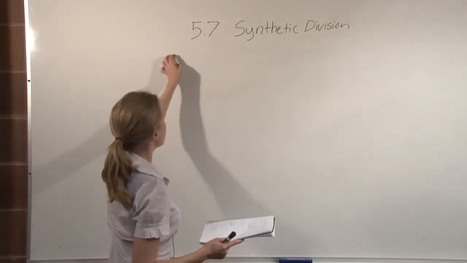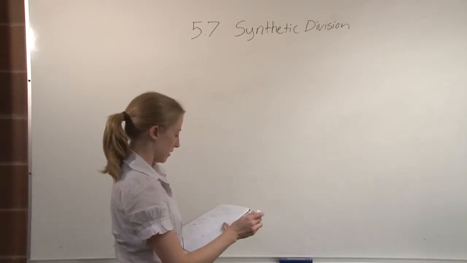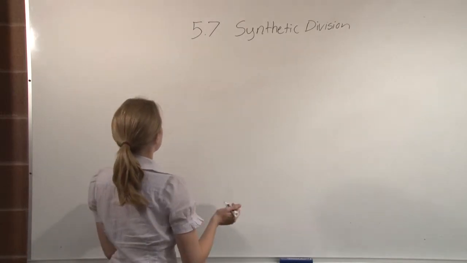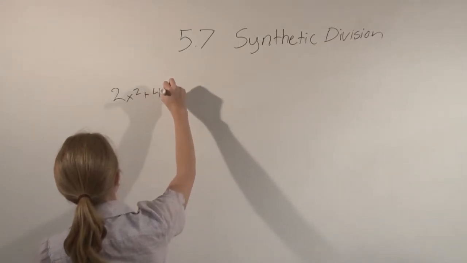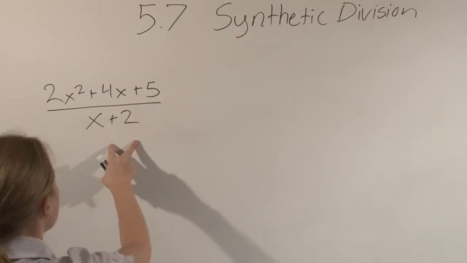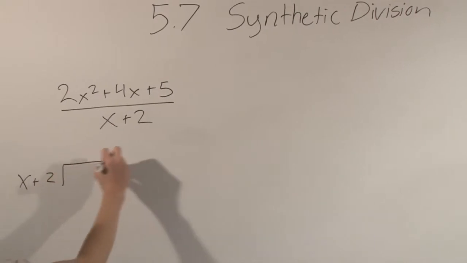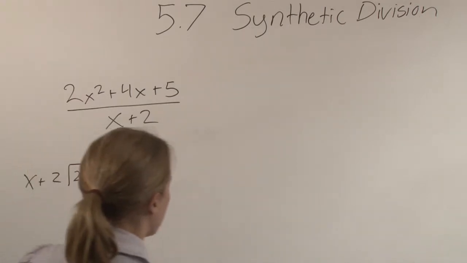This video is on section 5.7, which is synthetic division. It's a continuation of the techniques in section 5.6. So, like we learned last time, if you're dividing a polynomial, like 2x squared by something like this, you can use long division, where you set it up with the box like you would have done with long division with numbers, and then you go through and work that out. But there is an easier way when